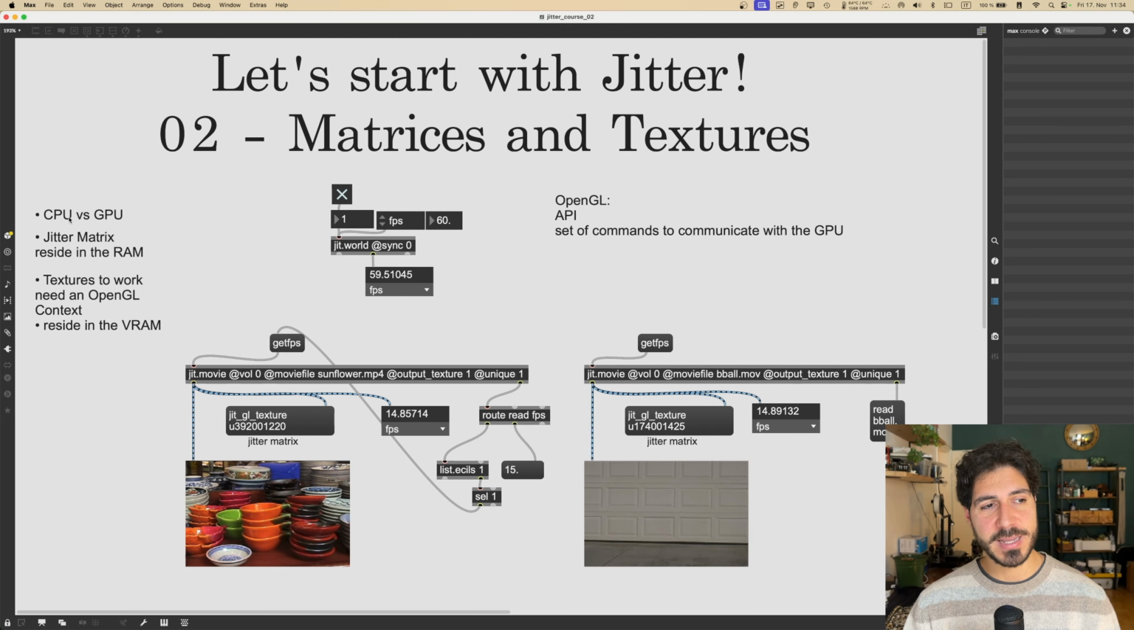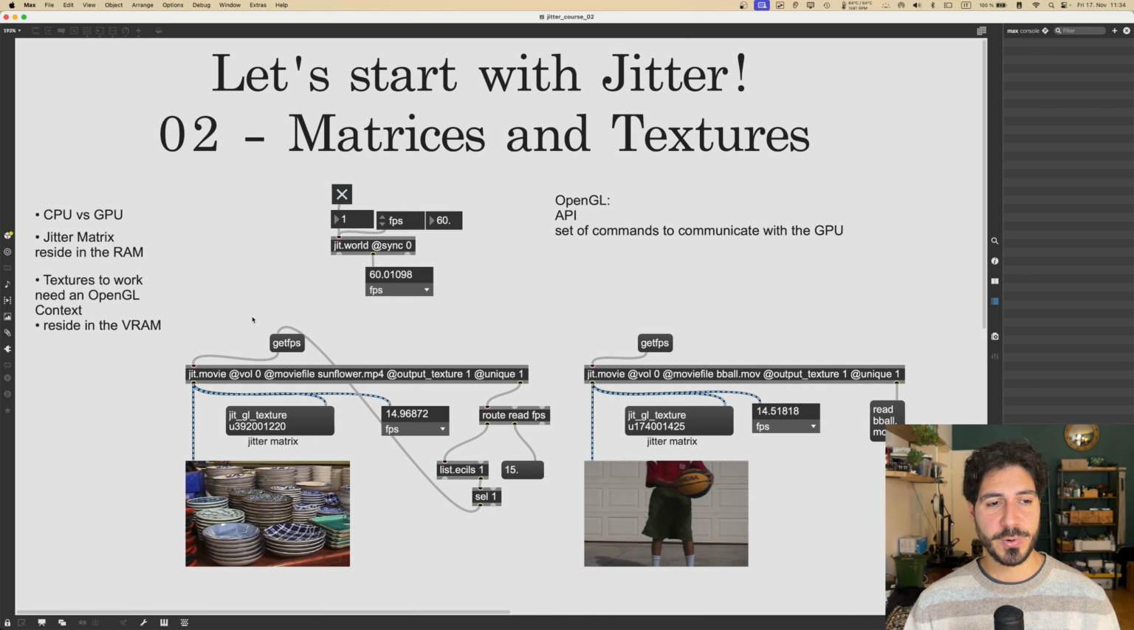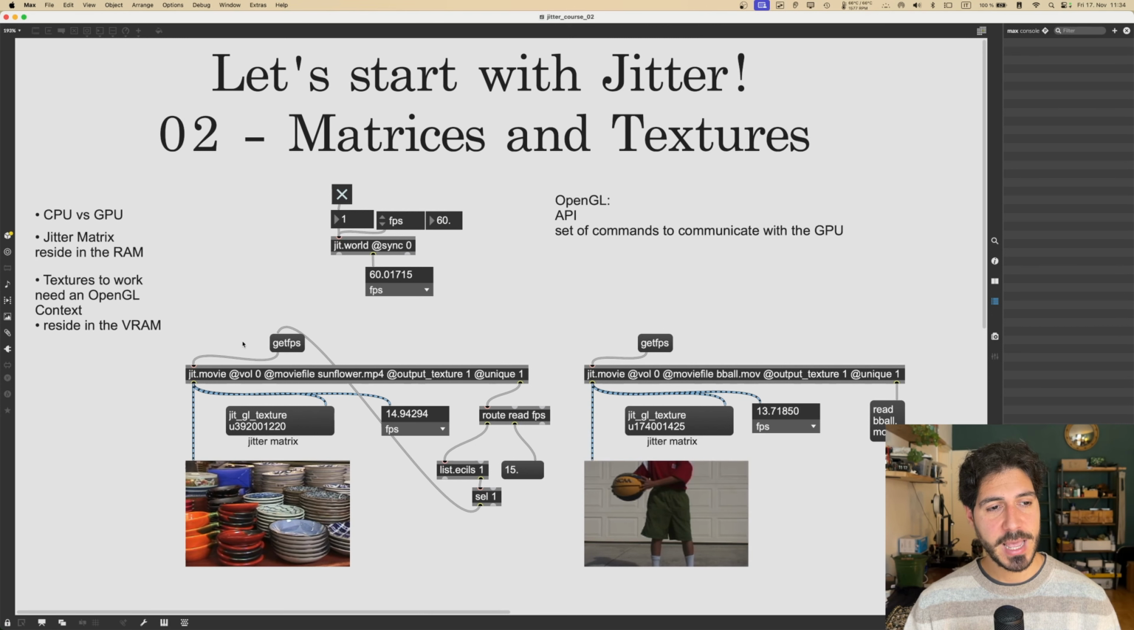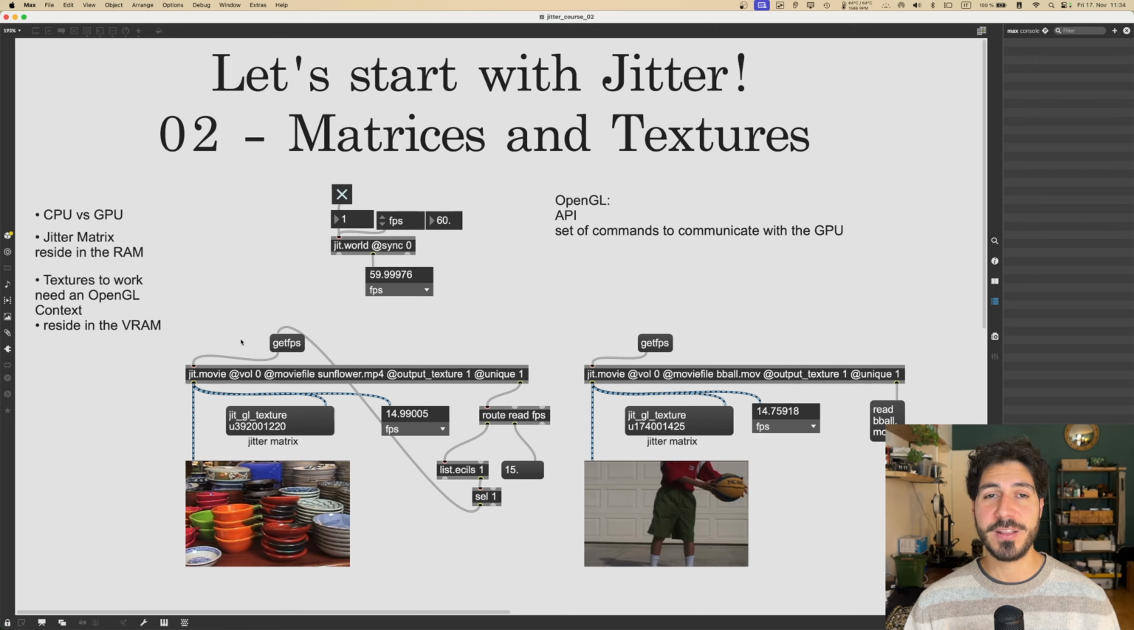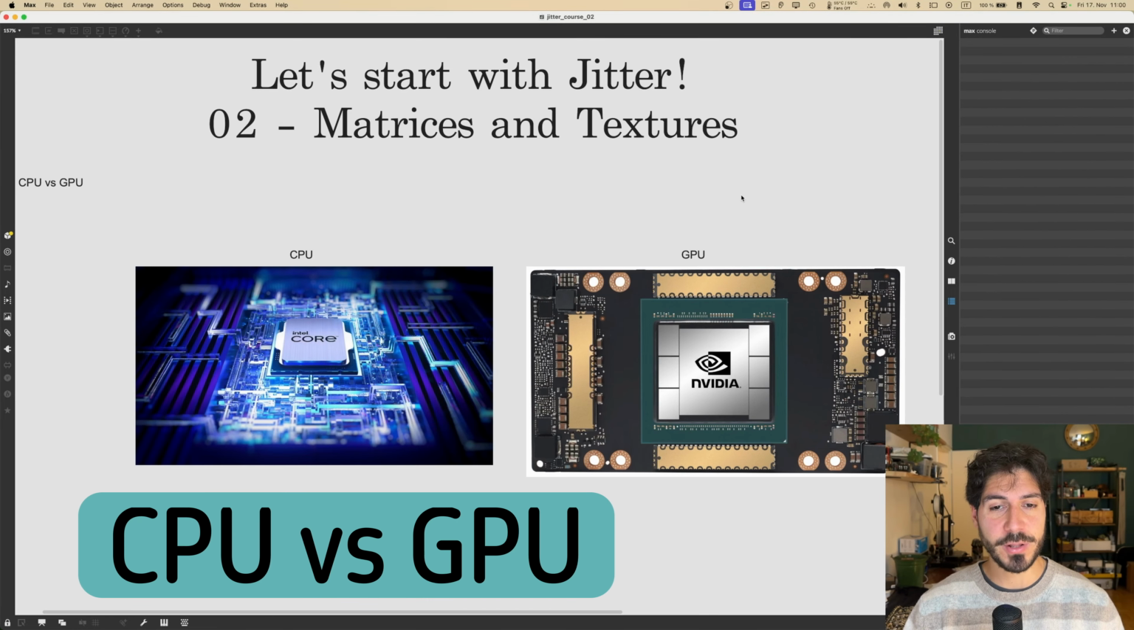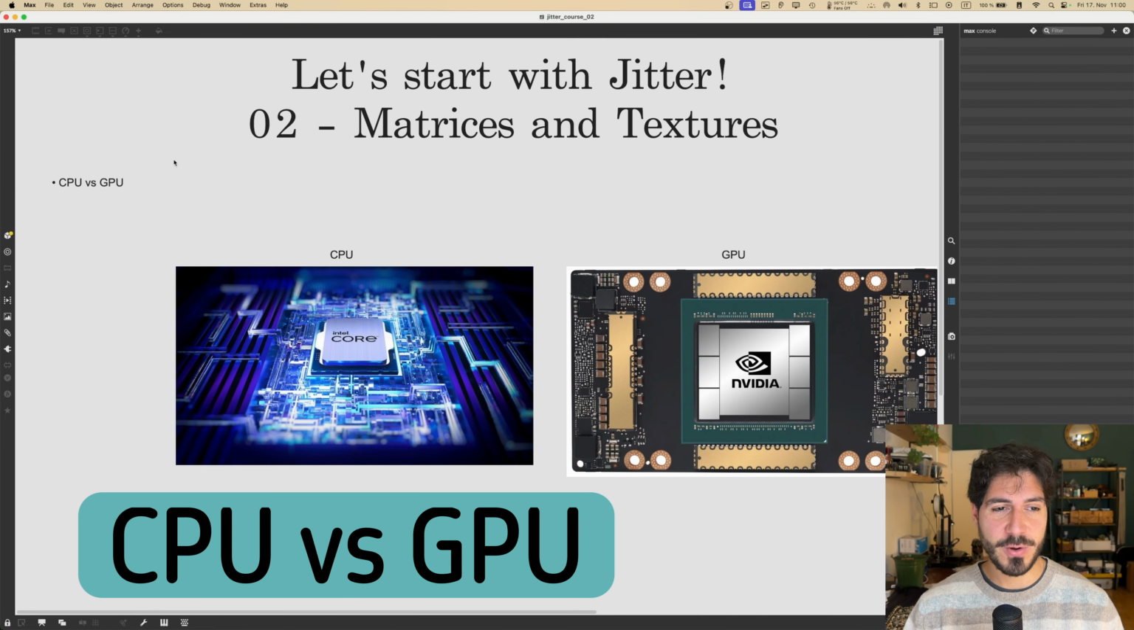So let's start by seeing what is a CPU and what is a GPU, how this relates to playing a video in Max, and without any further ado, let's jump into it. Have fun! So the first thing we're going to talk about is what is a CPU and what is a